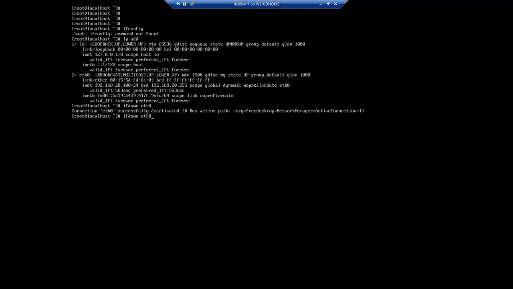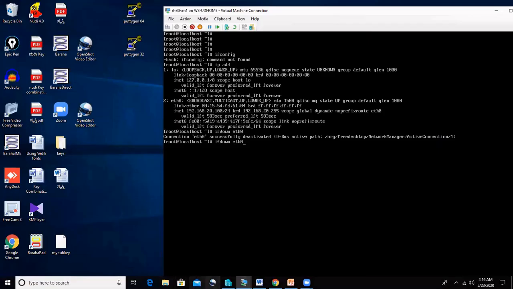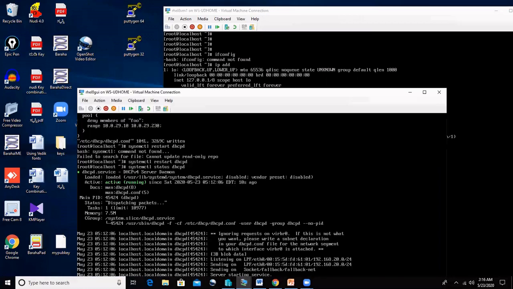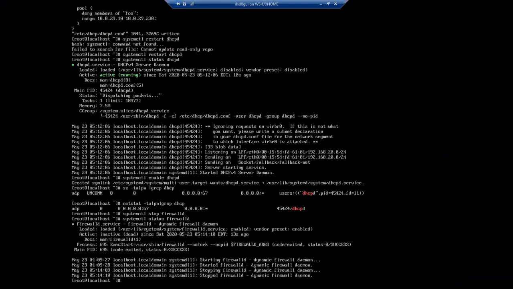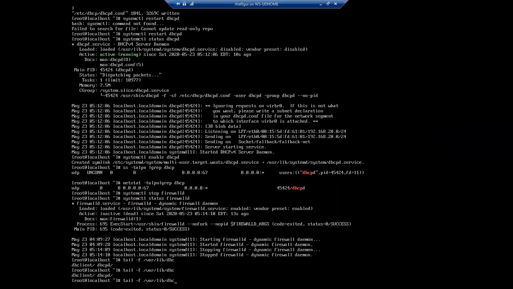We'll check in the log file. I'll go back to the server. In the server, let me run a command where I can check the log file. tail /var/lib/dhcpd/dhcpd.leases, with small letters.